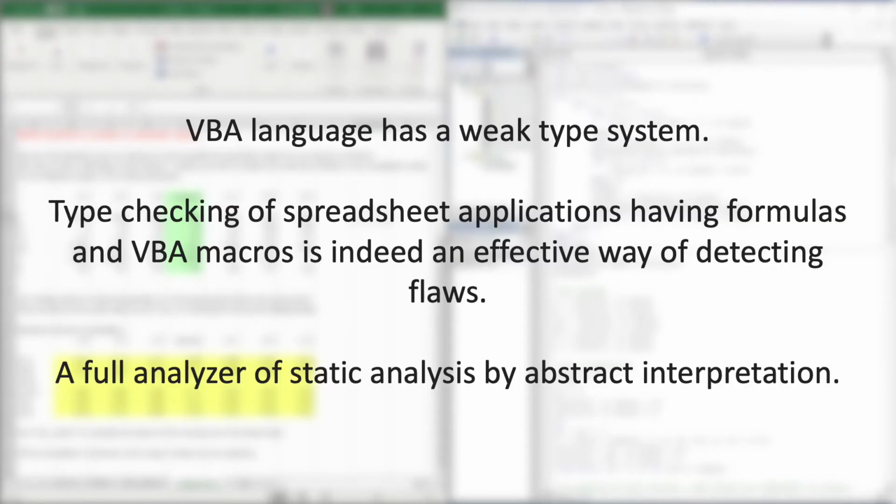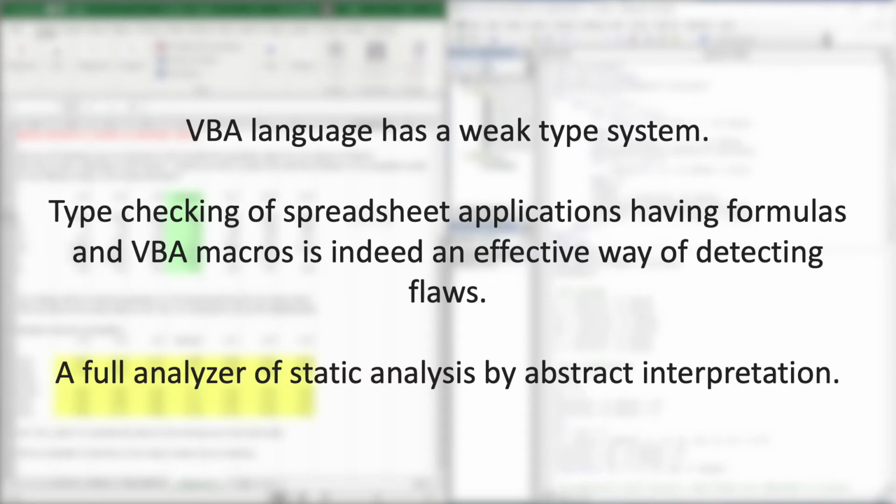VBA language has a weak type system too. Spreadsheets having formulas and VBA macros are even more error-prone than spreadsheets having formulas alone. Type checking of spreadsheet applications with VBA macros is indeed an effective way of detecting flaws, but it is a difficult task because VBA macros could be very complex.